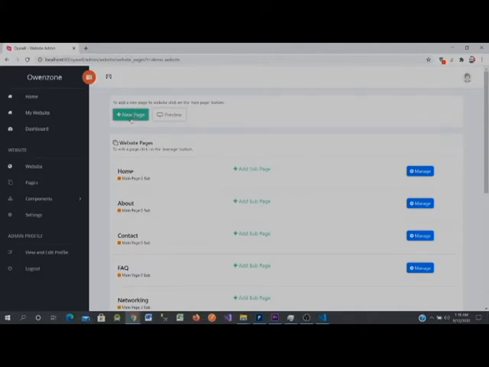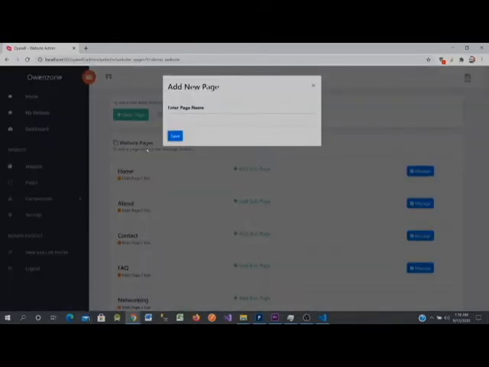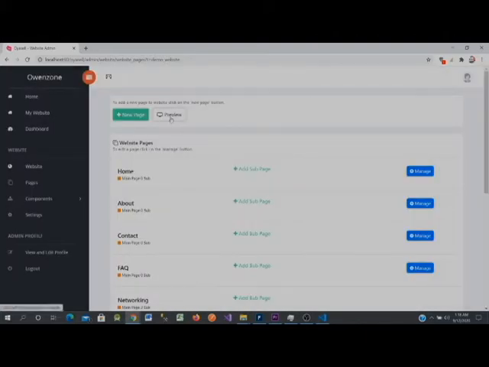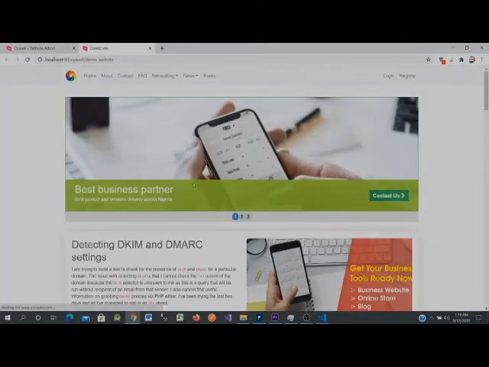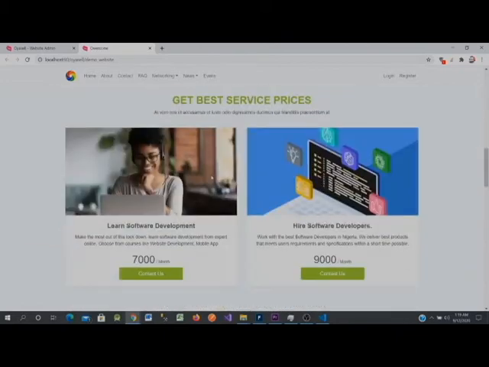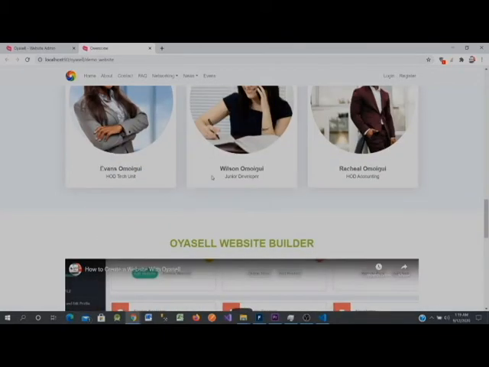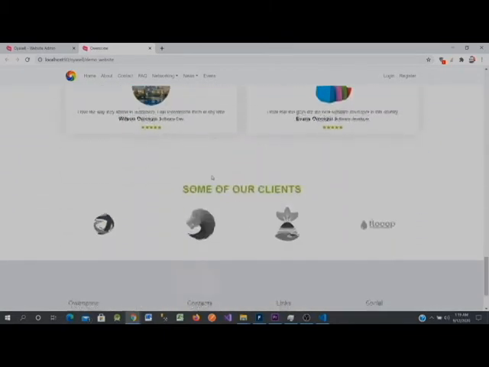So I can add a new page. When I click on this button, new page, I can add a new page, and I can also preview this website as I modify it. So I'll click on the preview button, and here is a website that I built with oyasell, though I'm still